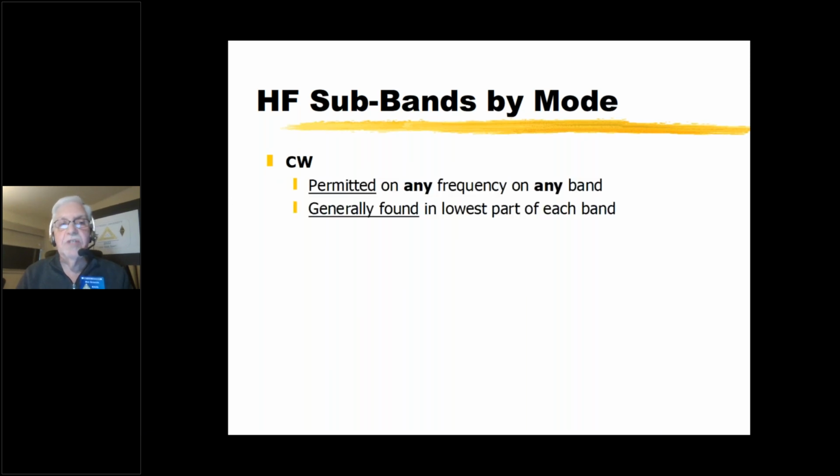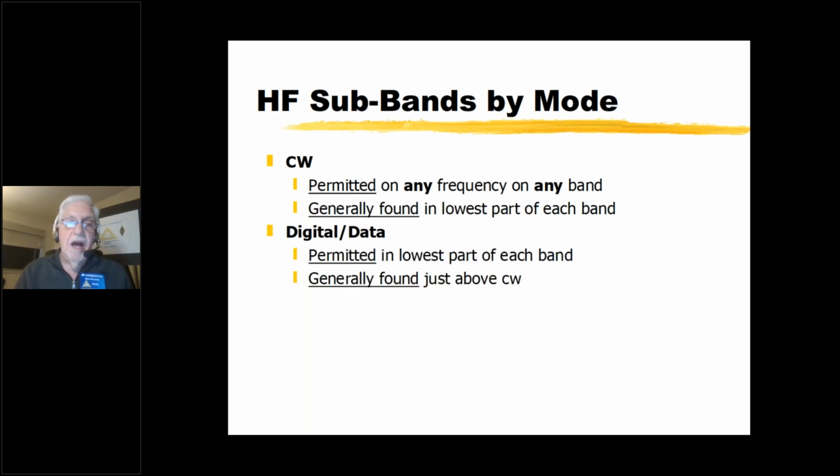Let's look at CW. CW is permitted on any frequency on any band. You can operate CW any way you'd like. However, by convention, CW operating is generally found in the lowest part of each band. You'll hear about the CW subbands, but there's not a CW subband other than by convention. Digital and data, things like RTTY and FT8 and so forth, are permitted in the lower part of each band, overlapping the so-called CW subband, but they're generally found just above the CW section so that they don't interfere with